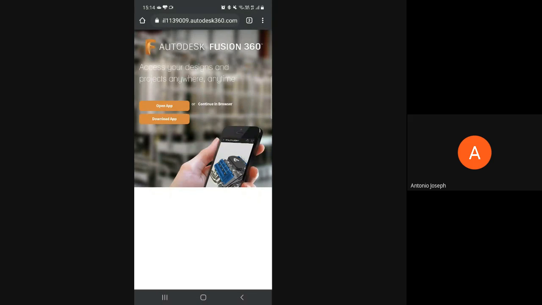So when you click on the link, it will show open in app, download app, or continue in browser. I already have the Fusion 360 app installed on my mobile too, but I am going to continue in browser.